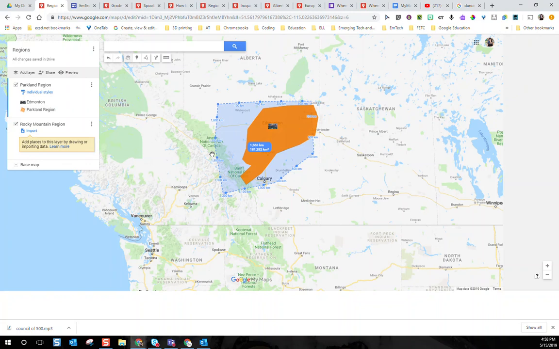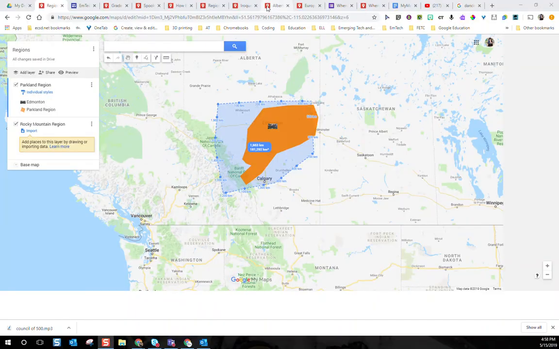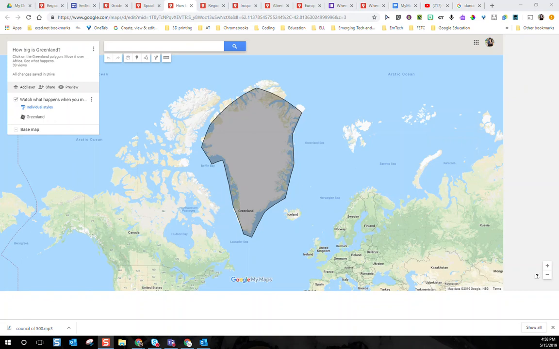Now, should we show them the really fun Greenland effect? I know it's something that you love. We know that when we're looking at our map, we can create those polygon tools. So I'm going to show you a map with Greenland, and then Darren's going to tell you about how we can compare this to, where should we go? Africa? Okay. So we're going to pull up my Greenland map. Let's see if I can find it. Okay, so I have this: how big is Greenland?